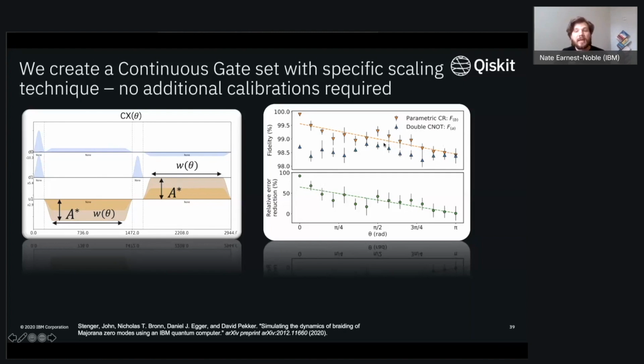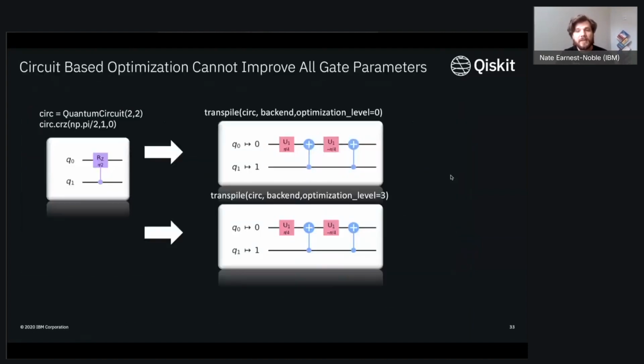Which is what you can see here, that as you get to smaller angles, this continuous gate set implementation will give a better result than if you did the double C naught version. And ultimately, as one might expect, they end up meeting when you have this angle of rotation of pi, say, because this is actually using the same total duration of two pulses. So this now is potentially useful for something like a Pauli feature map. When you look at the gates from this here, you can see that this has a similar structure to that ZZ Pauli feature map.